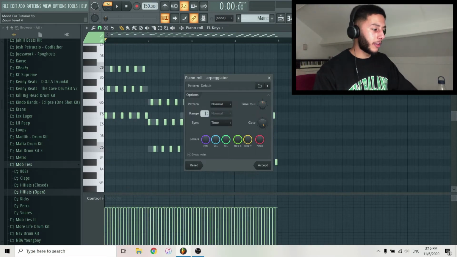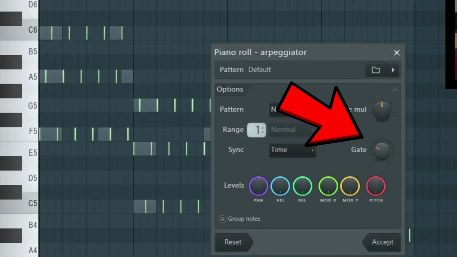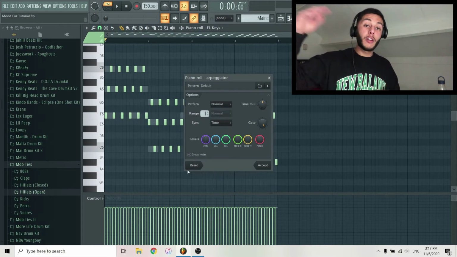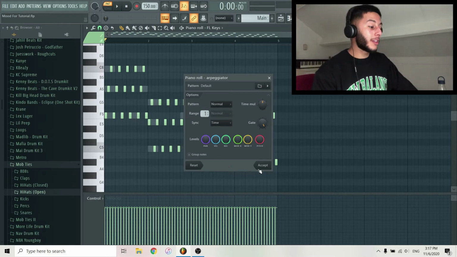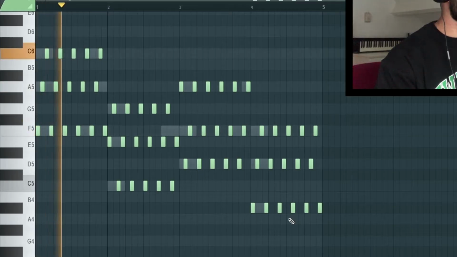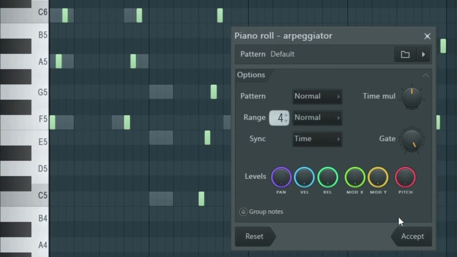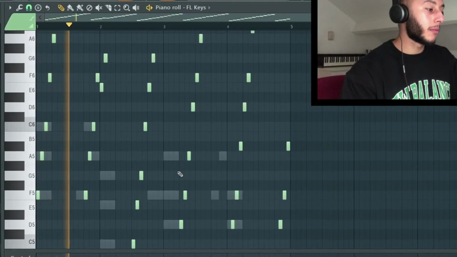In my case I think it was around this one, and this knob right here basically says how short you want the notes to be, but one of the most important parts is the range, and the range basically says how far the arpeggiator goes. So if I take this one for example, it goes like that, but if I put the range a lot higher, like for example 4, like